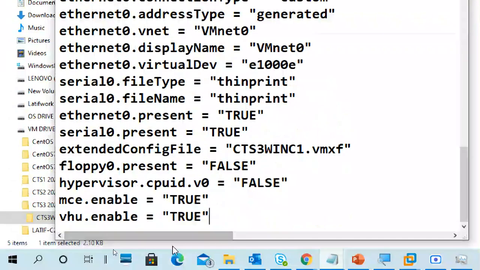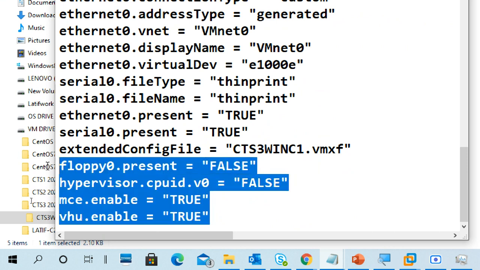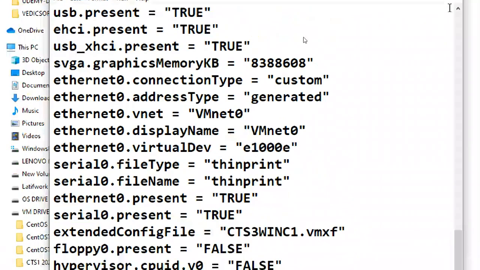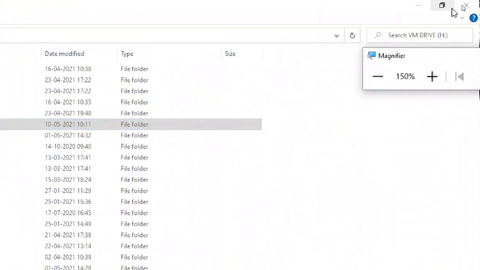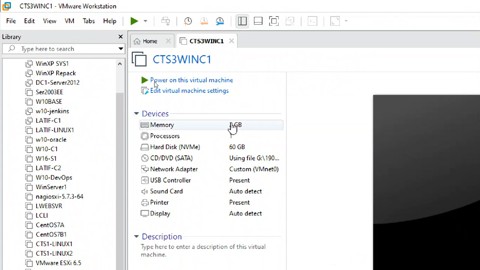If you forget to add these three lines, no problem. The only thing is, we can't install the Hyper-V platform. The manager we can install, but the platform we can't install if you forget to put it. But once you start your virtual machine, definitely don't change these lines or anything. Please don't change it. If you change it, problems will occur. Try to make a hobby of that. Now everything is set.